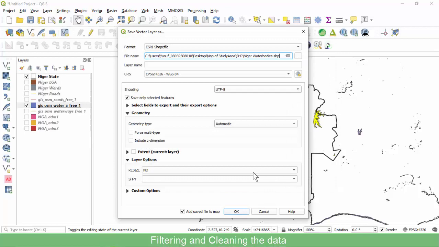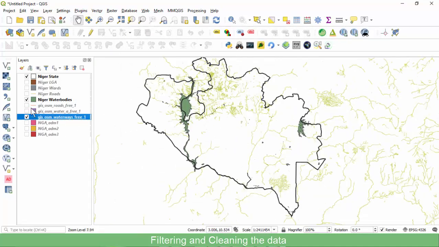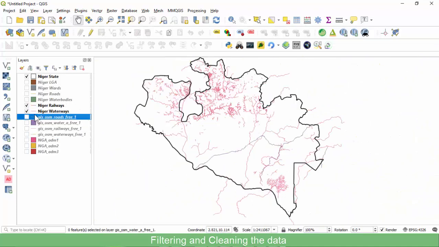I'll click on save, then click on OK. Then the next are the waterways. Team waterways too, they are equally important. So let's do that. So with all the layers of interest